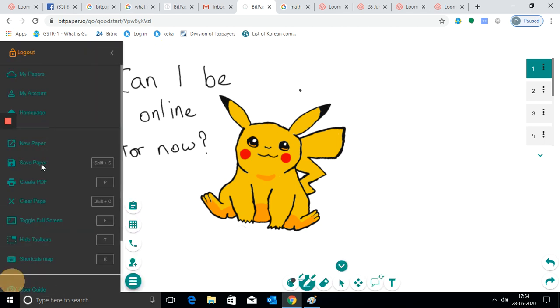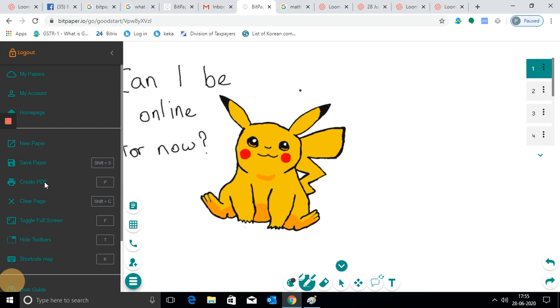We can save the paper, or we can even create PDF papers for later reference. You can also use this when you are in Zoom calls, for writing and showing, expressing your thoughts, what you wanted to express.